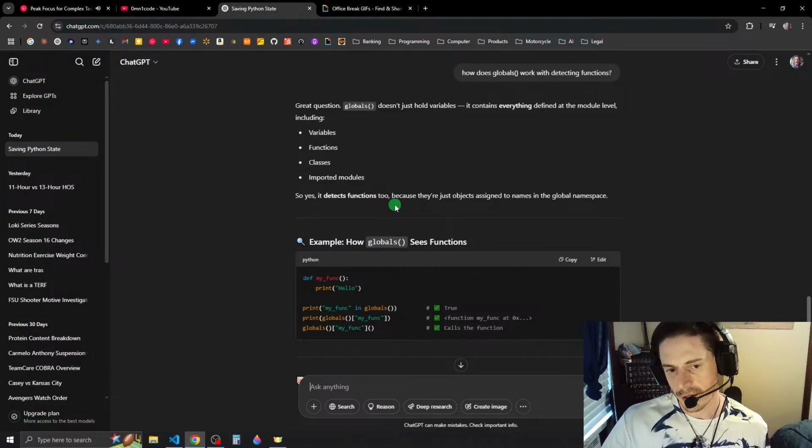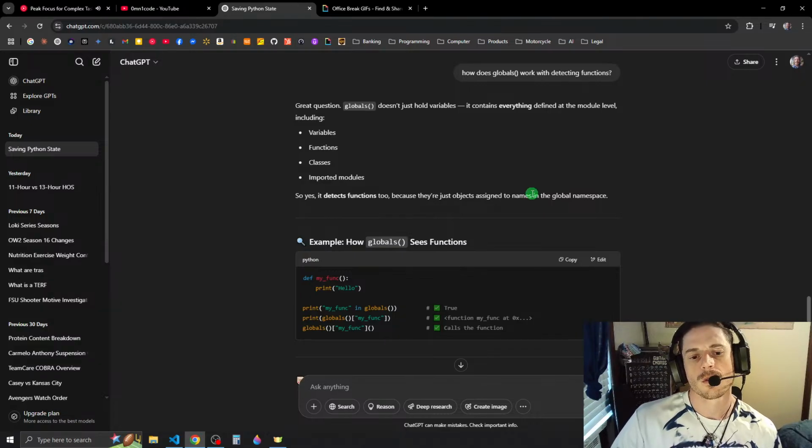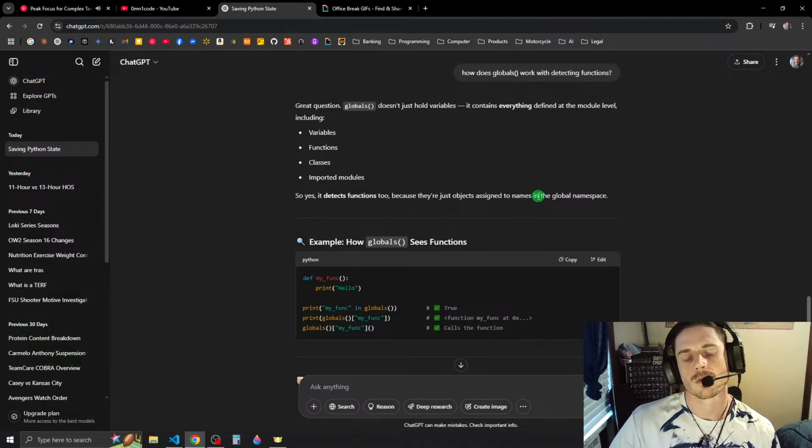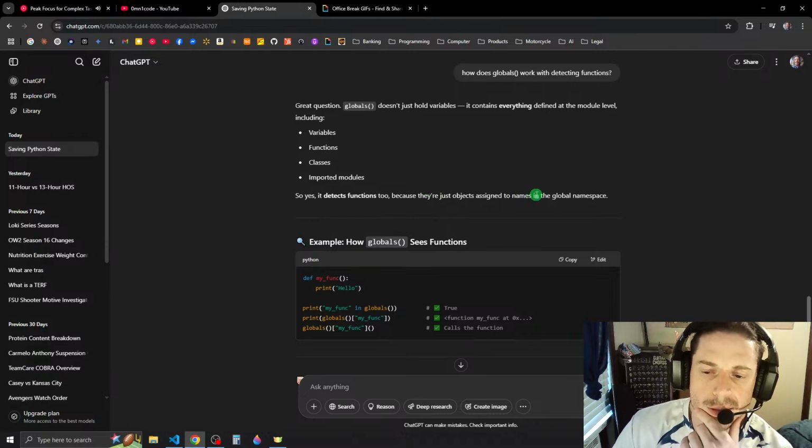So yes, it detects functions too, because they're just objects assigned to names in the global namespace.